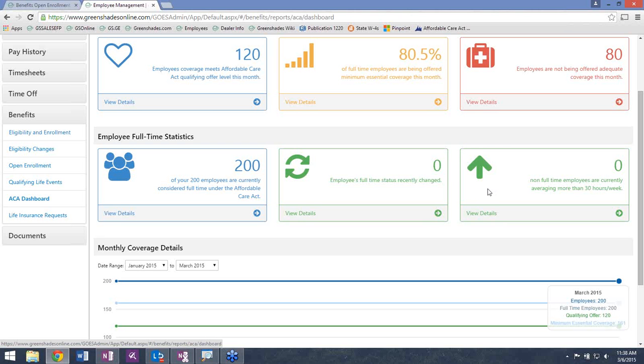And then the last piece in here is actually really neat. This is going to be more of a projection type item, letting us know which non-full-time employees are currently averaging more than 30 hours a week. So this will give us the ability to be proactive. What this is basically saying is that we don't have to wait till a measurement period is over to get a calculation. So if our measurement period is January 1st to December 31st, and it's March 6th, and we have employees that are marked as non-full-time, averaging 35 hours a week, we can anticipate that this employee is going to be switched to a full-time, so you can make any scheduling adjustments that you may need to, or just to have that anticipation that this employee will be switching to a full-time status employee.